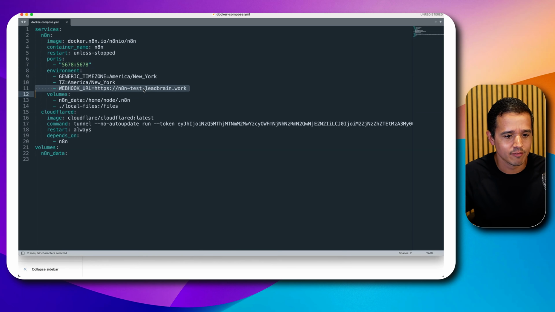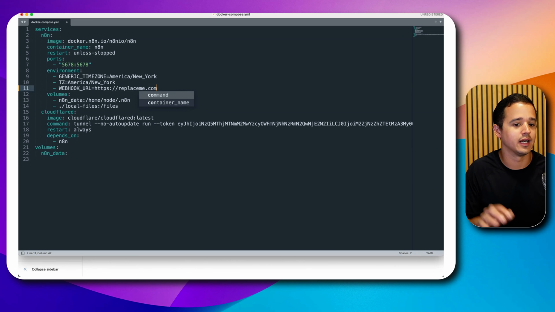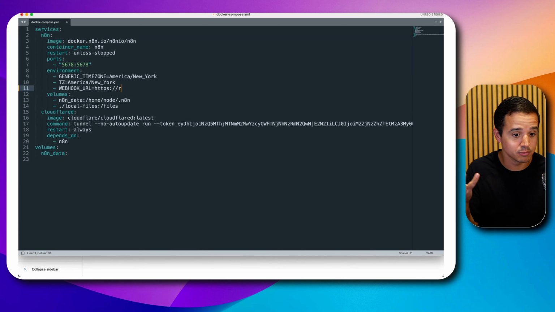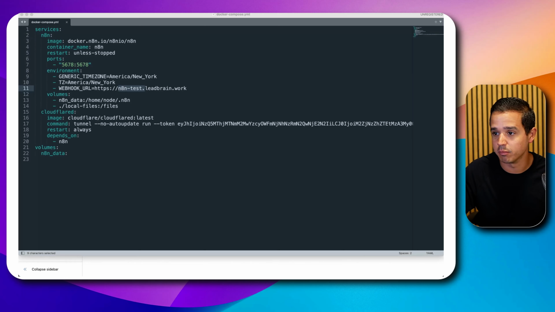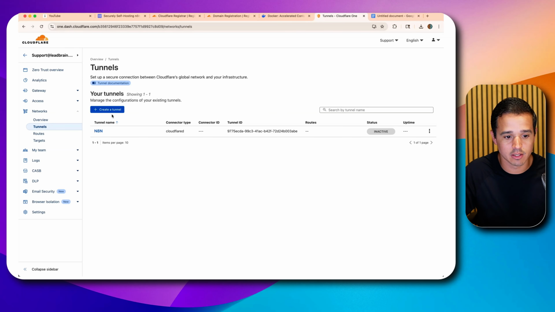Right here, we have this webhook URL. When I give it to you, it's going to say something like replaceme.com, okay? But our webhook URL is essentially our subdomain, all right? So if you see what we have here, we made our subdomain. Let's come back to our handy dandy